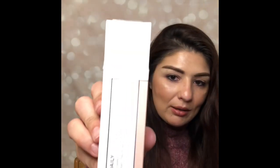Let me show you guys the box. All their packaging is very unison. Okay, so for the what on this one, basically what it's meant for,